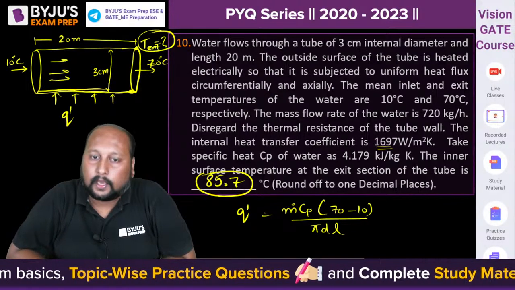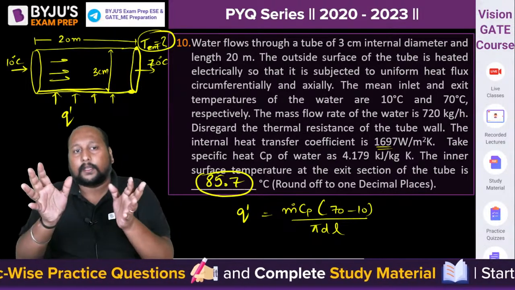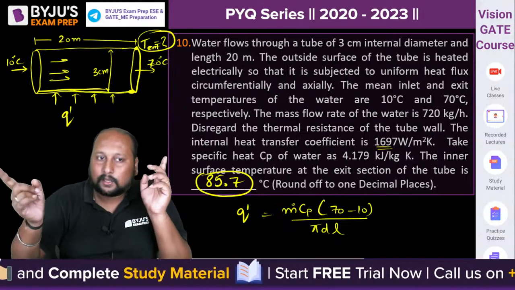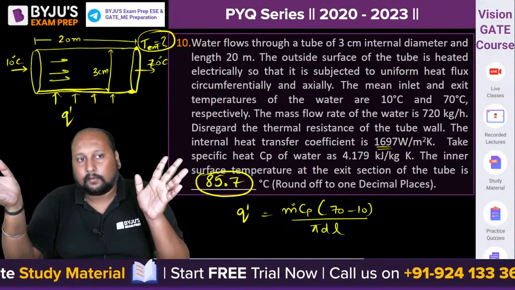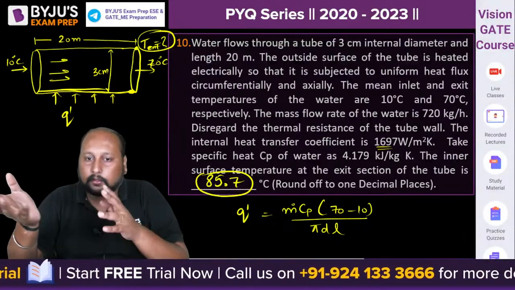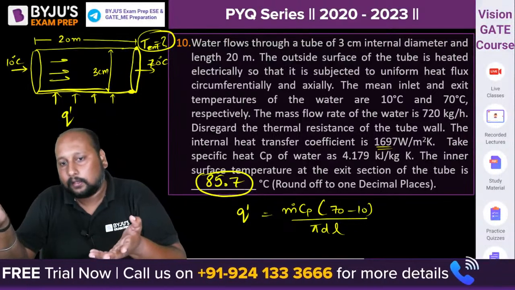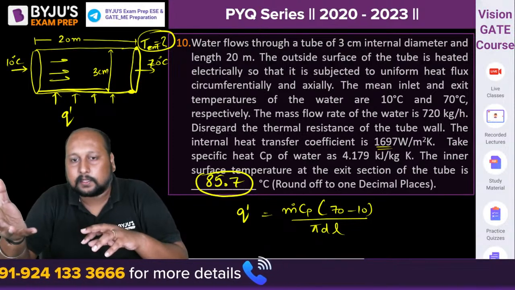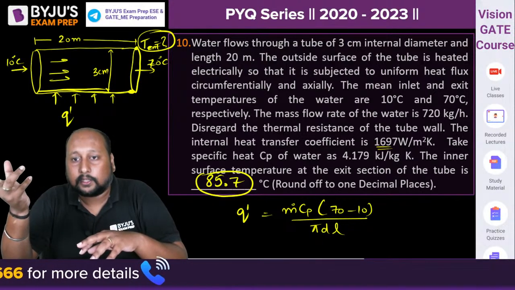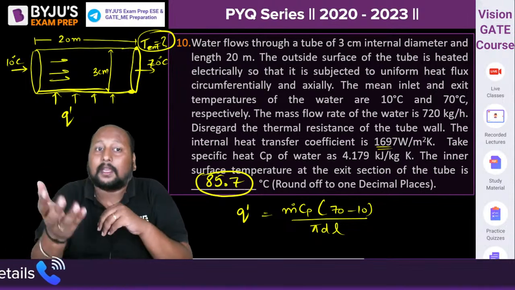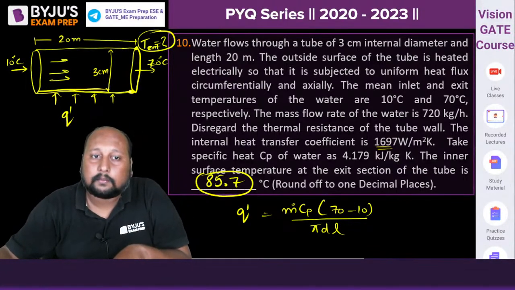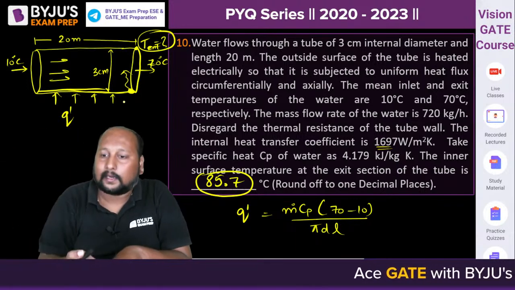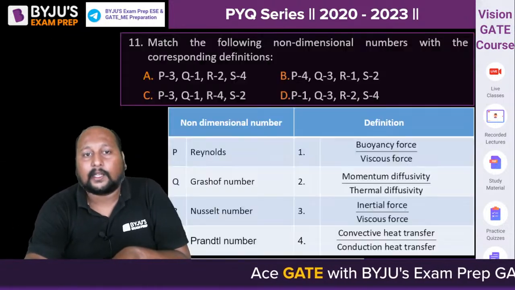Okay. The question was easy, look. What we have to do is, this is a uniform heat flux. So we can calculate the value of Q dot because the inlet and outlet temperatures are given. We'll have a loss of energy. That is what we calculated, m Cp delta T per unit area. That will be your heat flux. The same uniform heat flux will be responsible for convecting the heat from the surface to the fluid. So we have calculated that. Okay, fine. Let's go to the next question.